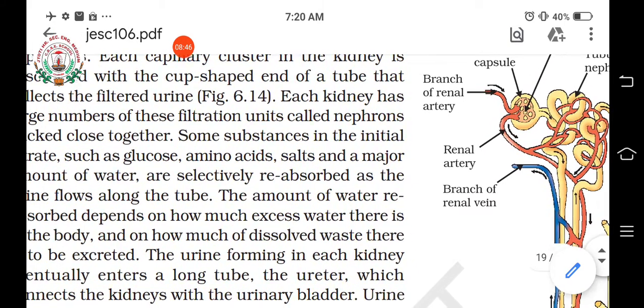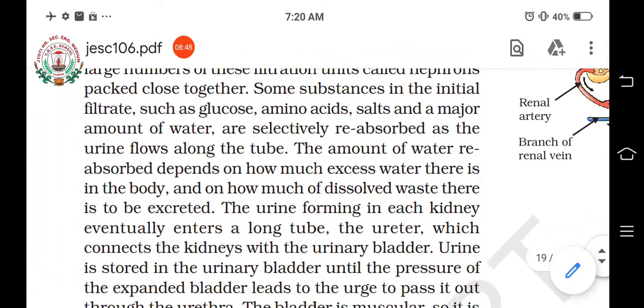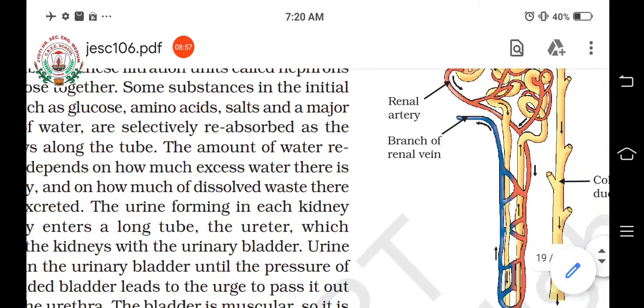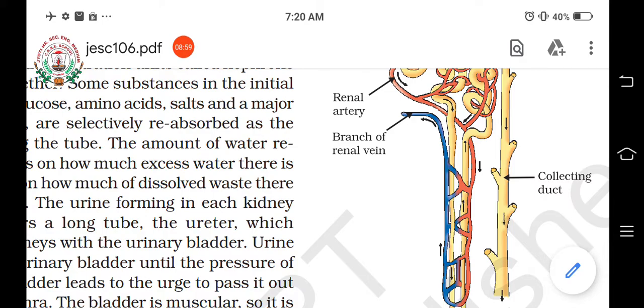Understood? So you can see that some materials are absorbed back into the body, and other materials which are not useful will be removed from the blood capillaries to the tubular